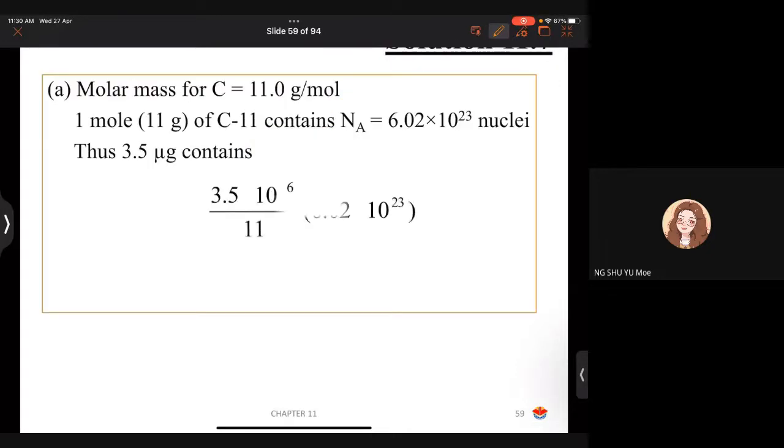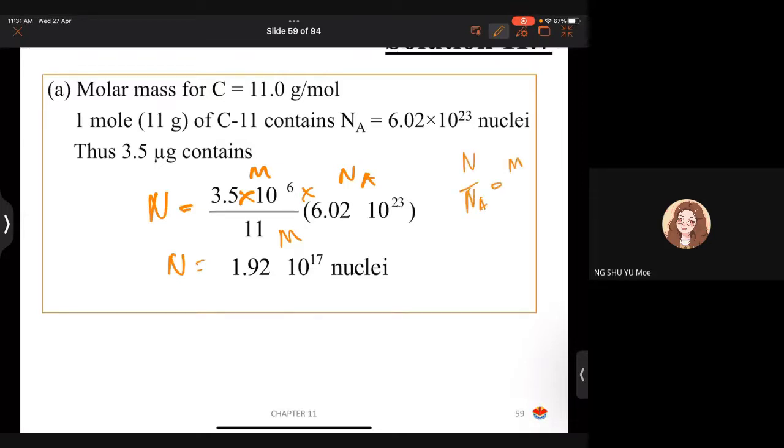So kalau you perasan apa dia buat, dia guna chemistry. Iaitu mass bahagi molar mass darab number Avogadro. So you akan dapat nuclei. Kan you ada belajar kan? N over NA sama dengan M over M besar. So mass dah ada. Mass negatif 6 lah sebab dia dalam gram kan. So C ni kenapa? Because carbon dia, molar mass dia adalah 11. Lepas tu number Avogadro darab lah.